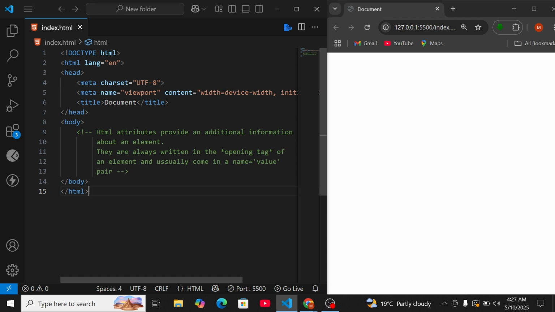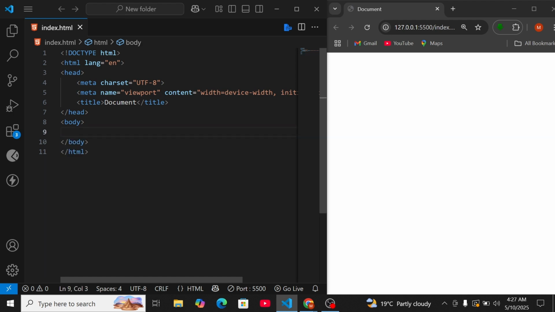Firstly, what exactly are HTML attributes? HTML attributes provide additional information about an element. If you don't know about HTML elements, you can look for the first video, where I was explaining HTML elements. So HTML attributes are always written in the opening tag of an element and usually come in name value pairs. For example, let us create an example of